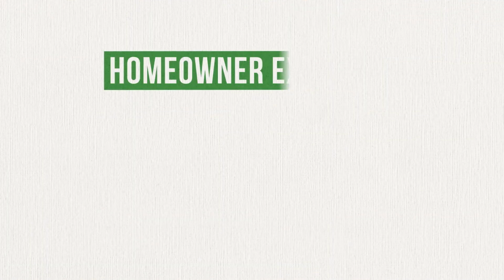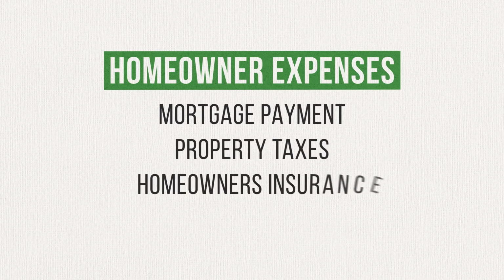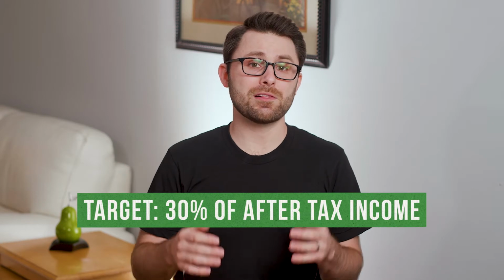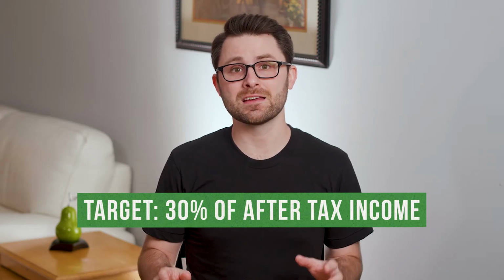But when you become a homeowner, you've got a mortgage payment, which of course can be higher or lower depending on the term, property taxes, homeowners insurance, HOA fees, and perhaps even PMI, or private mortgage insurance. You need to factor in all of these different expenses when you're coming up with a budget for purchasing a home. A good target to aim at is about 30% of your monthly take-home pay, after taxes, to cover all